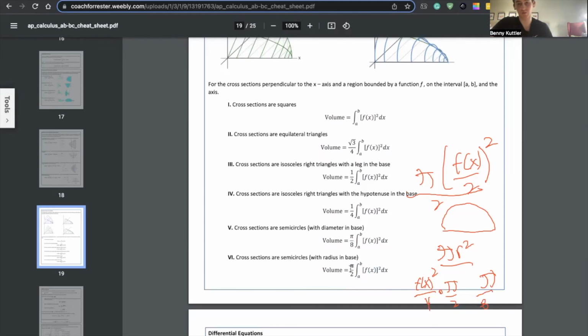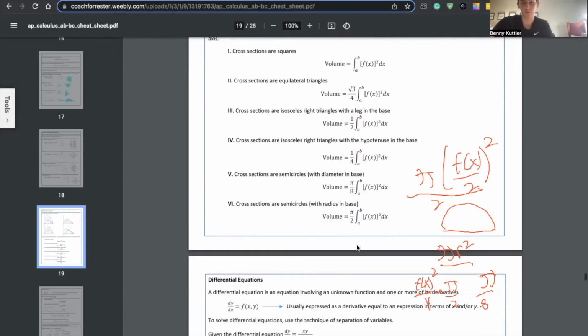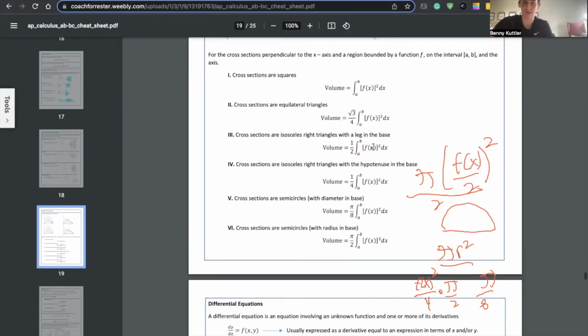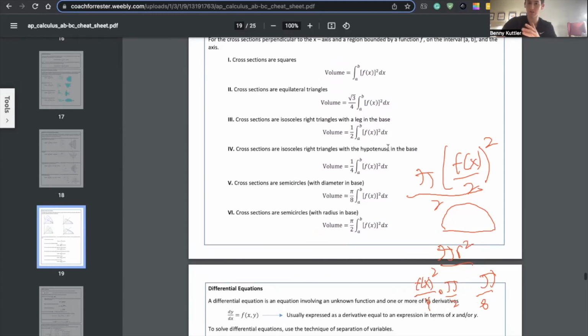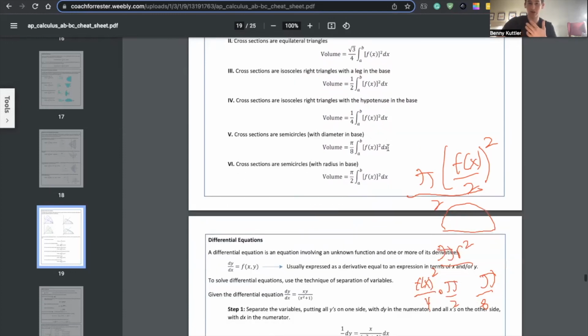And pi over 2, this one, the radius. Oh, actually, the radius is the function instead of the diameter being the function. So you can save yourself that squaring of the f of x over 2. And it's just pi over 2 times that. I recommend memorizing these formulas. Some of them should be obvious, like the square one. You're just squaring the inside. But some of these are kind of complicated to figure out. So I'd recommend just